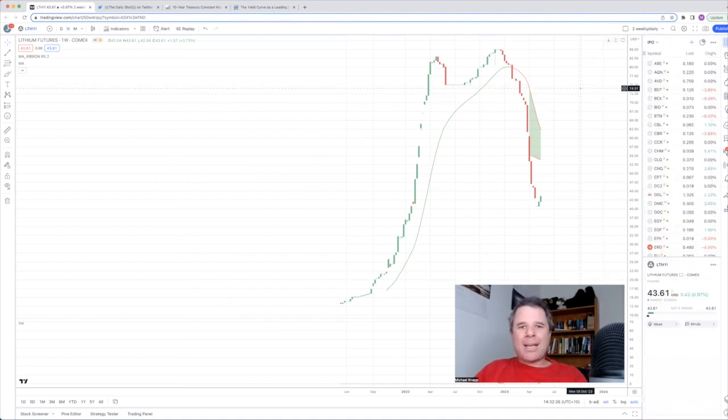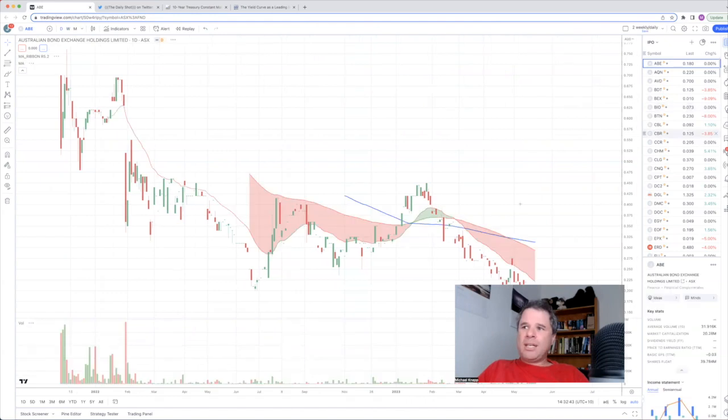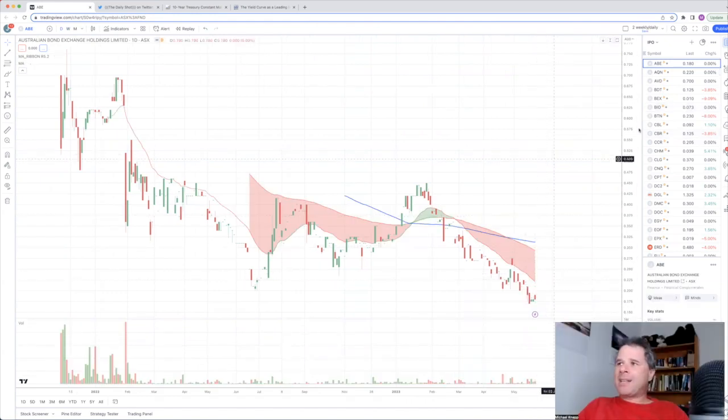non-mining exploring company IPOs on the ASX in the past few months, almost zero, which means there are companies out there who want to IPO, who are just seeing the state of the markets and went, no way. And the reason behind that is if you have a look, a lot of these companies that have IPO'd over the past few years, we see a very similar pattern, almost identical pattern in many of these